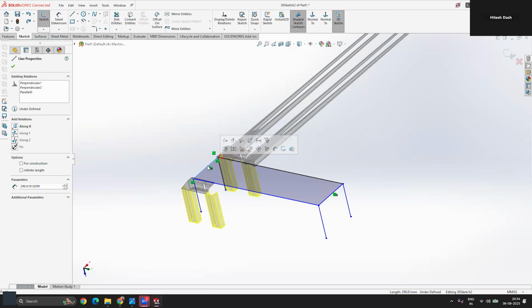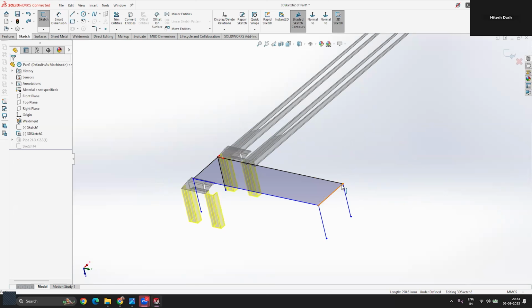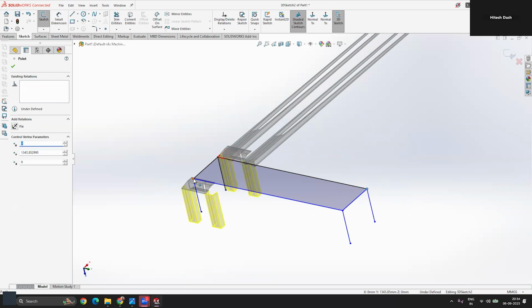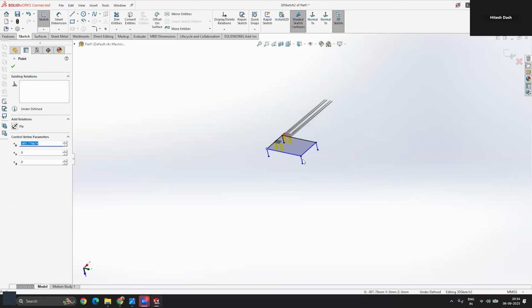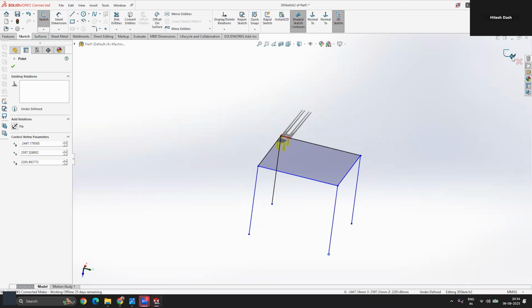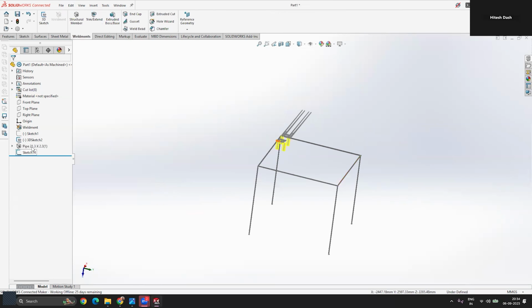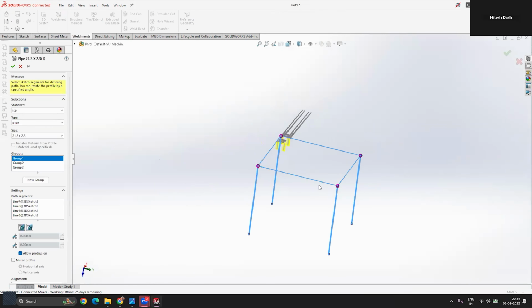So let's make this along the x-axis, and let's adjust the size now. I will make it bigger in size so I can show you that demo as well. I will also increase the length like this. Now if we click on finish, and go onto the pipe, click on edit feature,